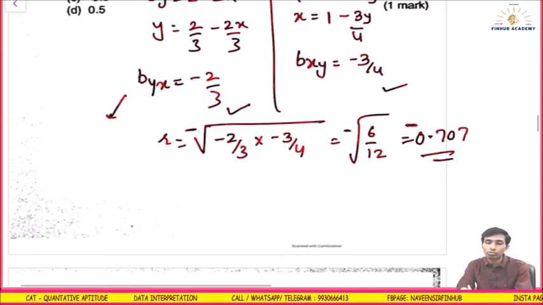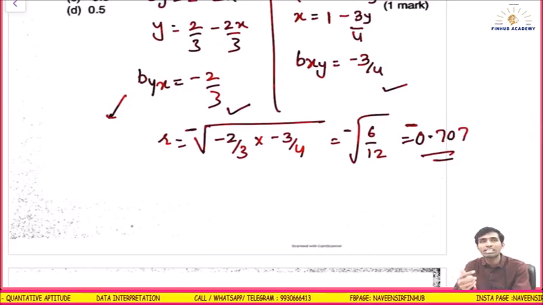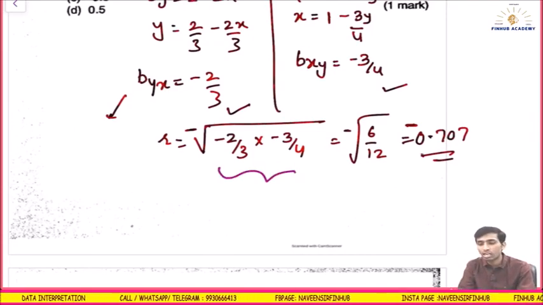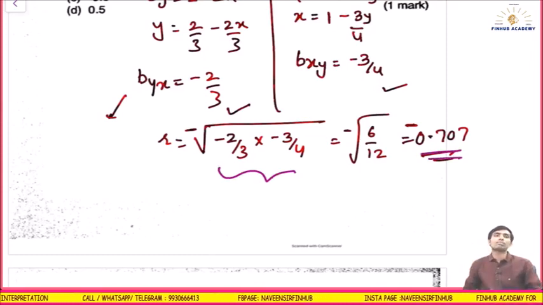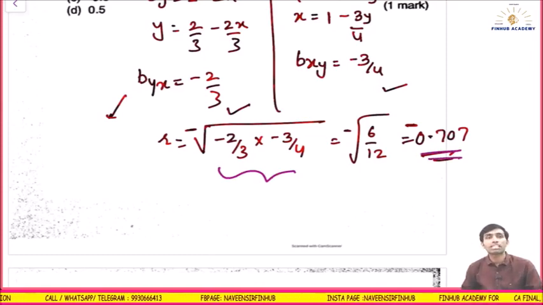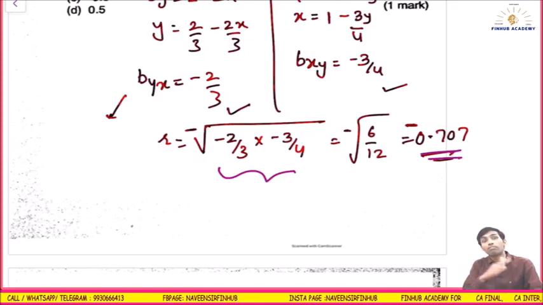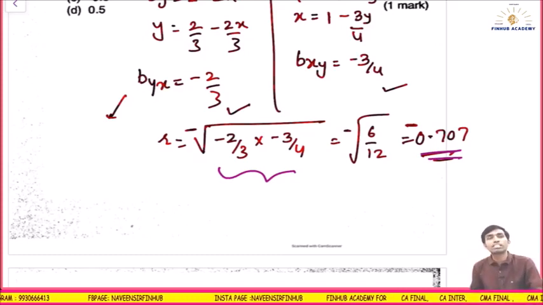So to guess the equation, assume any one as y on x. If the assumption is right, your r will be in the range minus 1 to plus 1. Here, see, it is in the range, above minus 1, below plus 1. It should be in that range. That means your assumption is correct.